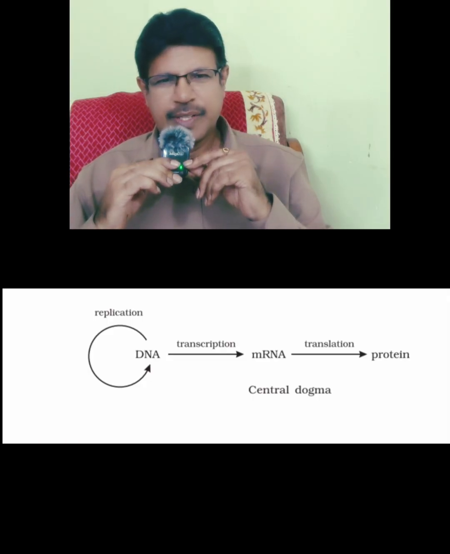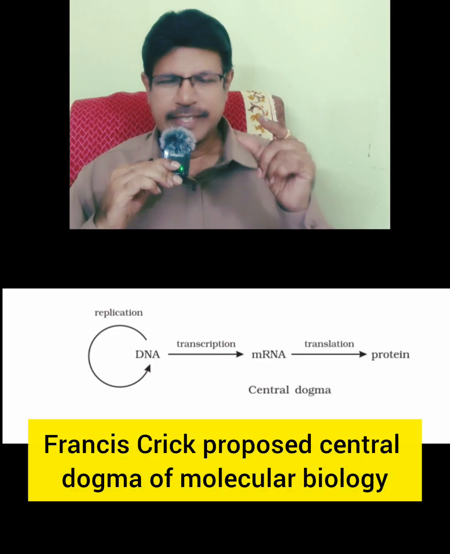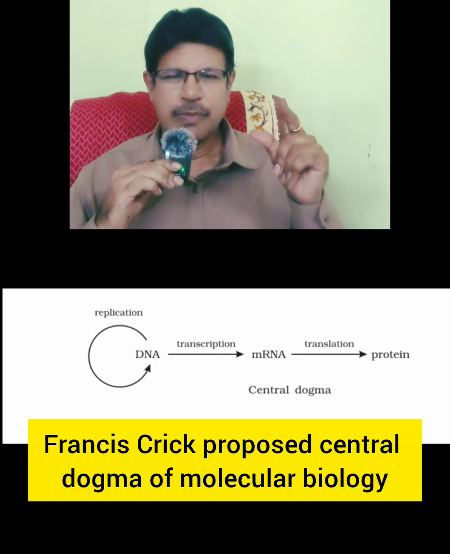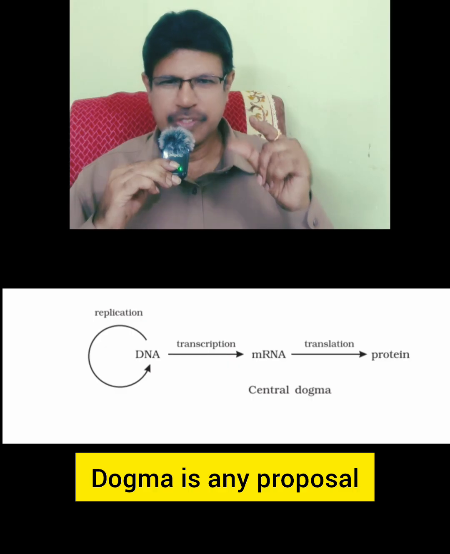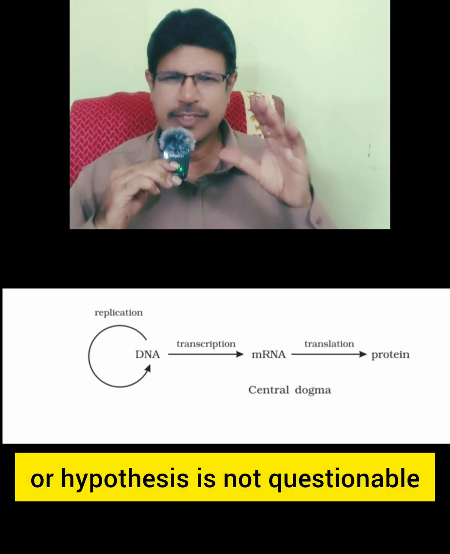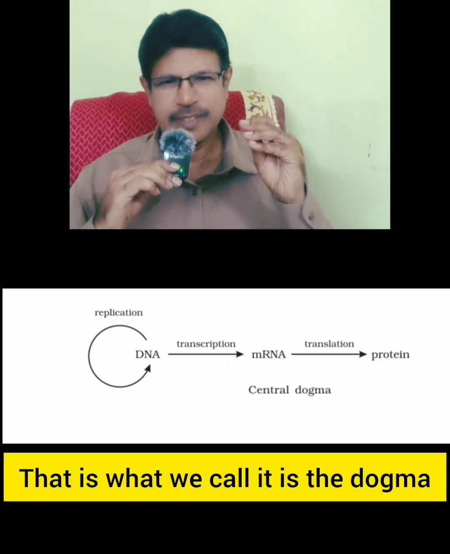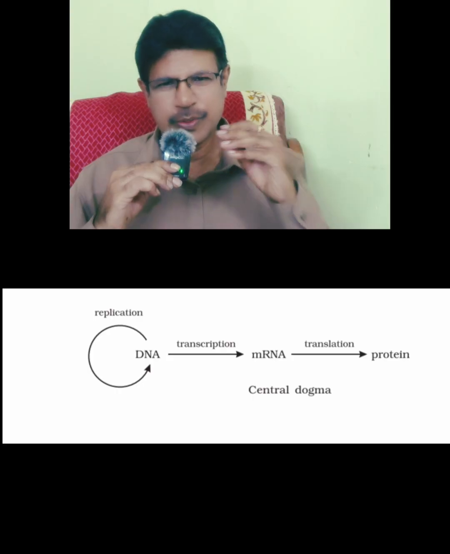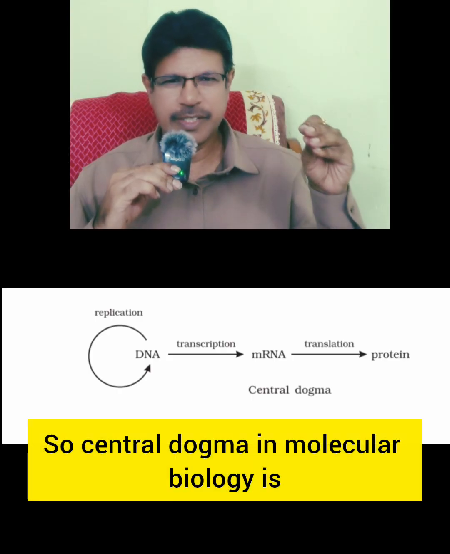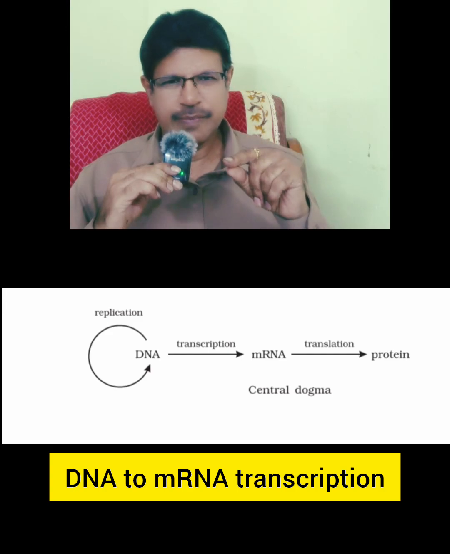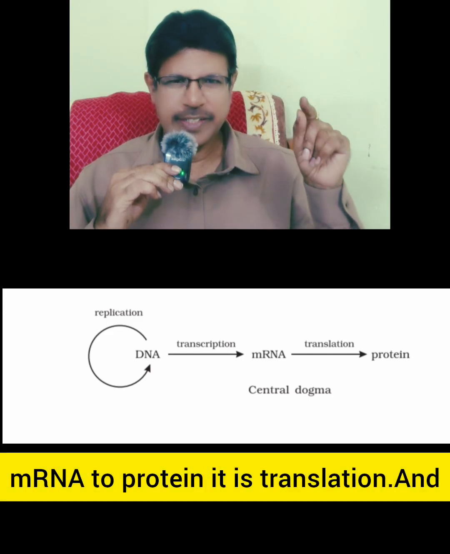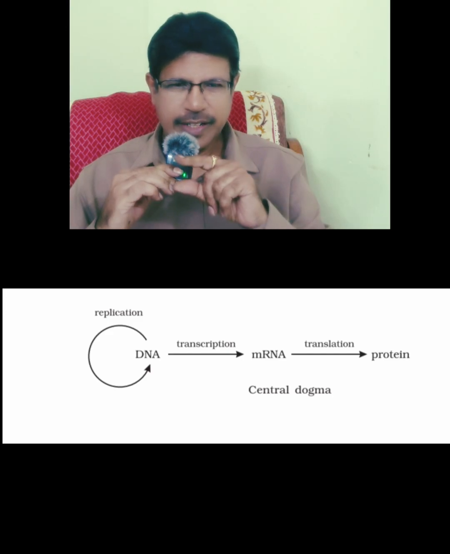Next, Francis Crick proposed the central dogma of molecular biology. Dogma is any proposal or hypothesis that is not questionable. That is why they call it the dogma. So the central dogma in molecular biology is DNA to mRNA, transcription, and mRNA to protein, translation, and this uniflow